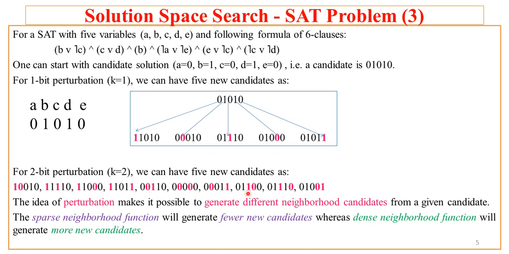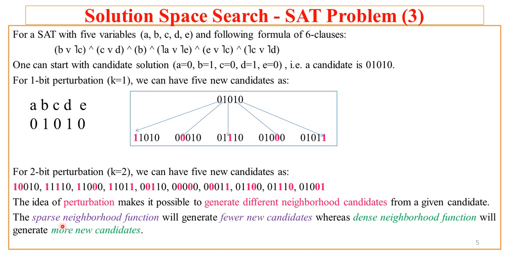What if this is not promising? Then one can go for the 3-bit perturbation. So this way, at a time there will be some limited number of child nodes generated. It will not be 2 raised to power 100 possible combinations. It will be some combination with some limited bit perturbation, and because of that, some limited neighbors of the current candidate will be generated. And this way this algorithm, that is the solution space algorithm, generates different neighborhood candidates from the given candidate